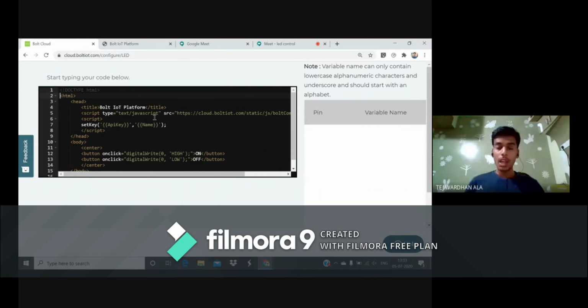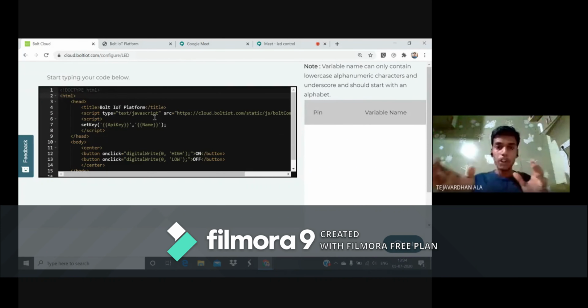But as I said, we have to click on them now. Simply displaying ON and OFF text is of no use to us, because it is very easy to display text in any language. The function I am displaying has to be clickable: ON and OFF displayed at the center of my page. Whenever I click on, the LED I am using has to be turned on, and whenever I click off, the LED has to be turned off.